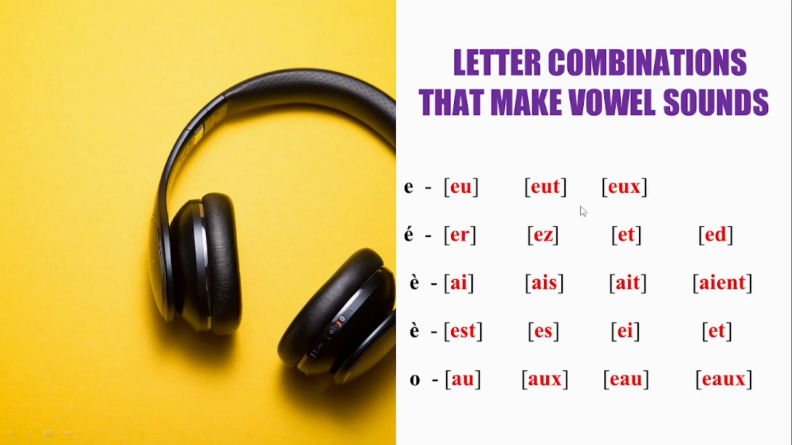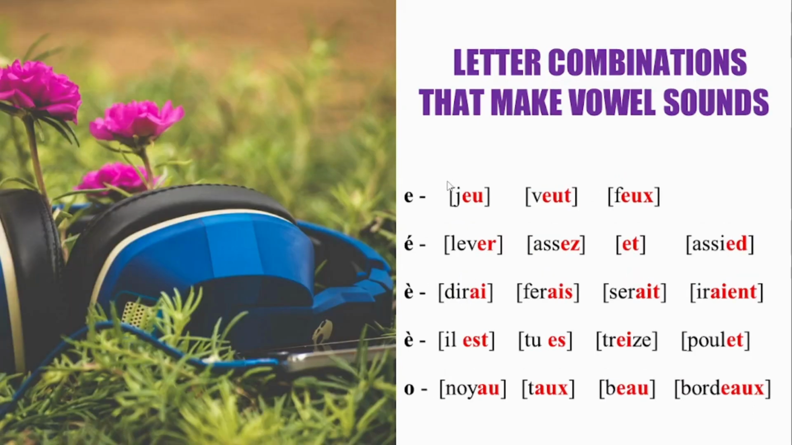So let's look at some examples. Okay, so for E, we have je, veux, feu. Écoutez bien. Je, veux, feu. Right? As you can see, these letter combinations here contain the sound. Right? So now let's look at the variation of